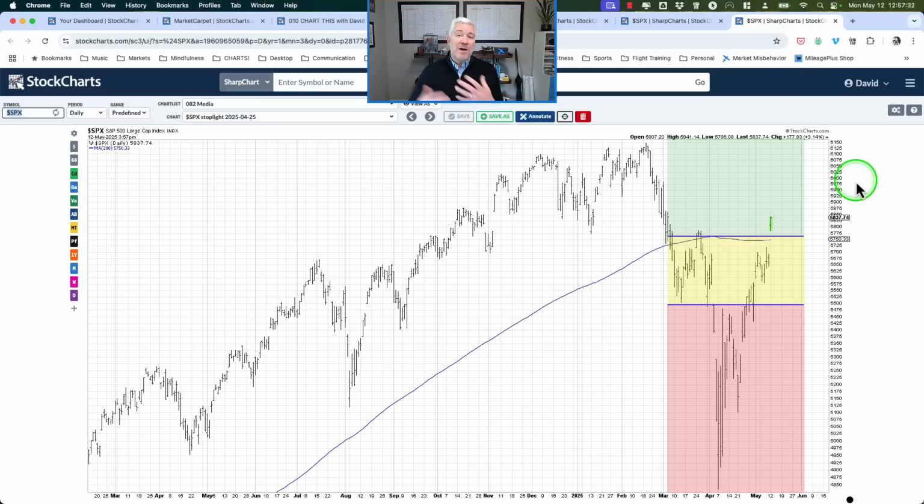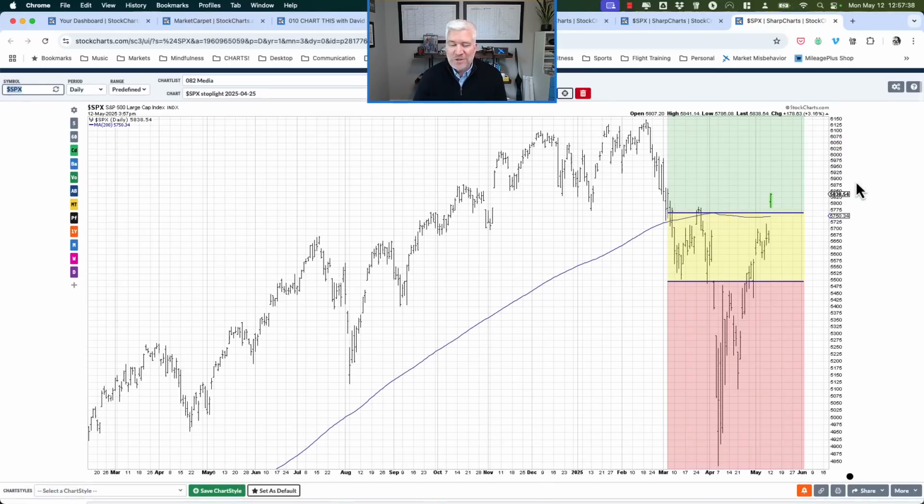Now, how can we do that sort of thing, looking at the charts in particular? I like using a stoplight technique. This is a chart I've shared recently. I got a lot of questions after I showed this on one of my shows, so I just wanted to talk a little bit more about what the stoplight technique is, and particularly how we can set it up on the StockCharts platform. What I'm basically saying with this visualization is I'm seeing the S&P with some key price